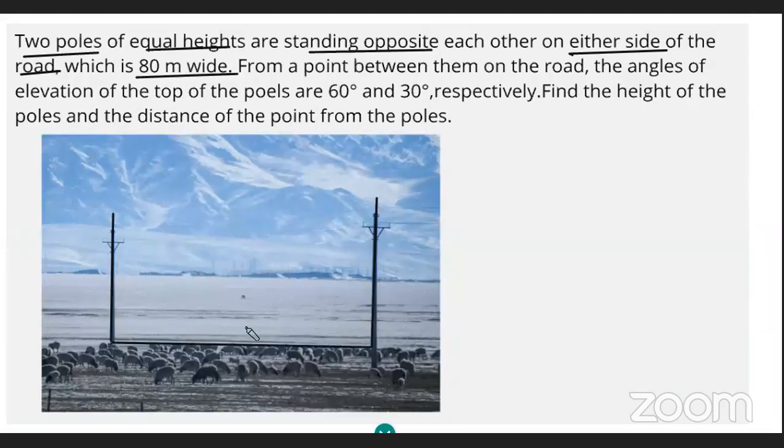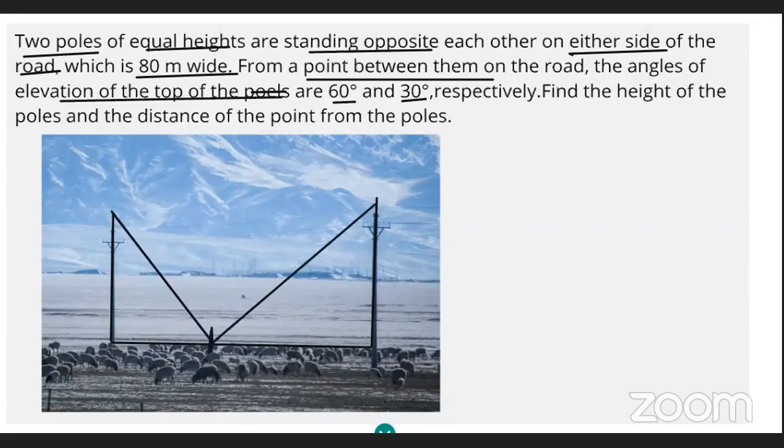It's 80 meters. Okay, and the angle of elevations of top of the poles are 60 and 30 degrees. Now you need to be very clear. The point on the road should not be exactly middle, because angle of elevation, one is 60, the other is 30. So let's say this is the point where the observer is observing. So this is 60 and the other is 30. Okay, don't take the point at the exact center. Please don't do that because both the angles are different.